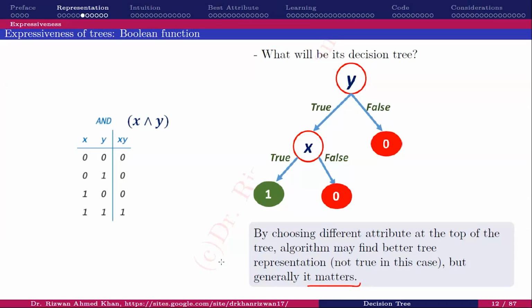Like Miss Iman was asking, how to select which attribute goes at the top, or which attribute is better to use in the decision tree. So attribute selection is one of the main concerns of inducing decision trees, and we'll spend some time on it. In this Boolean function, swapping X or Y doesn't matter, but generally it matters a lot which attribute is selected at the root node, because that splits your data set into half. So this is like a data set, and we have induced a decision tree based on this data. These are our x's, and this is our y.